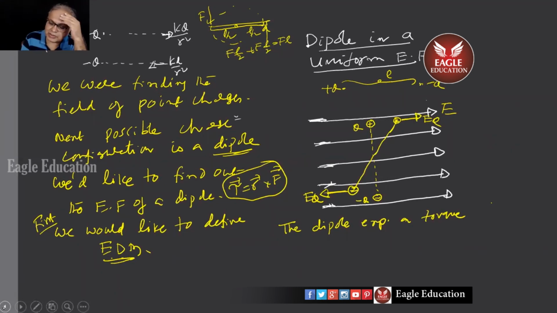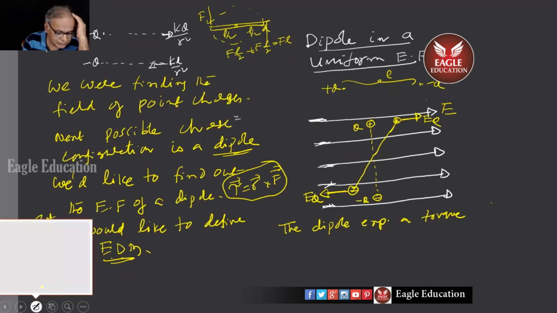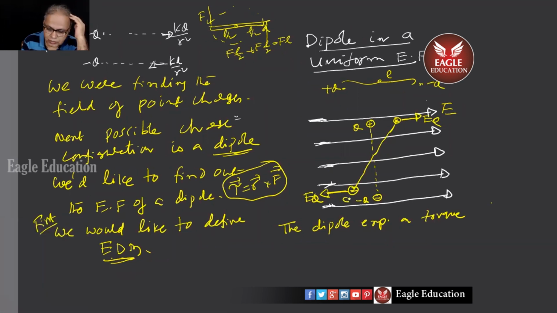Okay, I'll do something. Let us see. After that, you respond. To find out the torque, all the time there should be an origin. I'll take my origin here at the minus Q. Let us take the origin at O. I told you only length of the dipole is L.